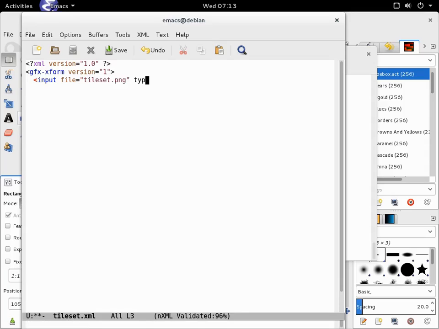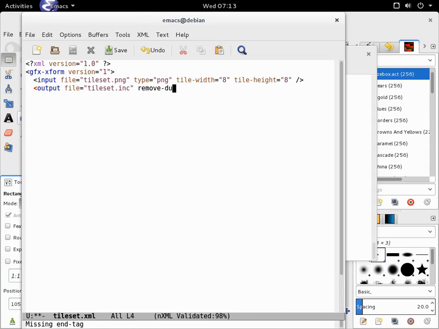Tileset PNG, type PNG, and tile width. Now these are somewhat configurable depending on the video mode that you're using, but here we're just going to fix it to 8. So once we run this through a utility, we want to create an output file, tileset.inc,